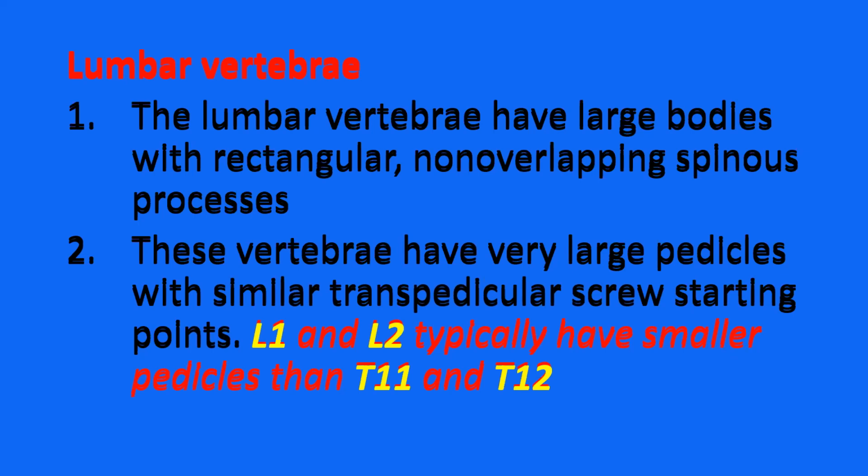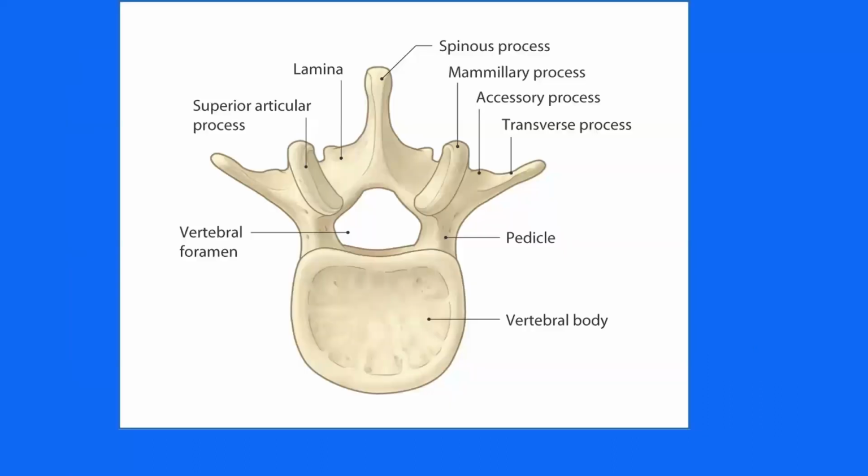In the cervical spine, you can apply pedicle screws at C2, but the rest of the areas you cannot. It's very risky. You can go through the vertebral arteries. So be careful of this, please. Okay, thank you. Now,